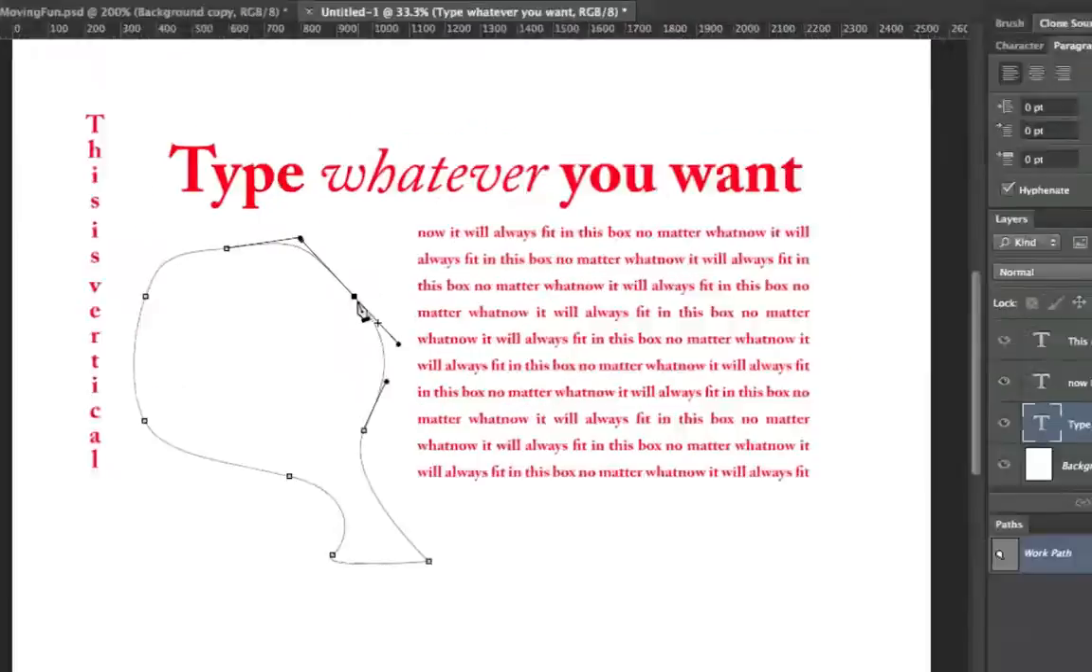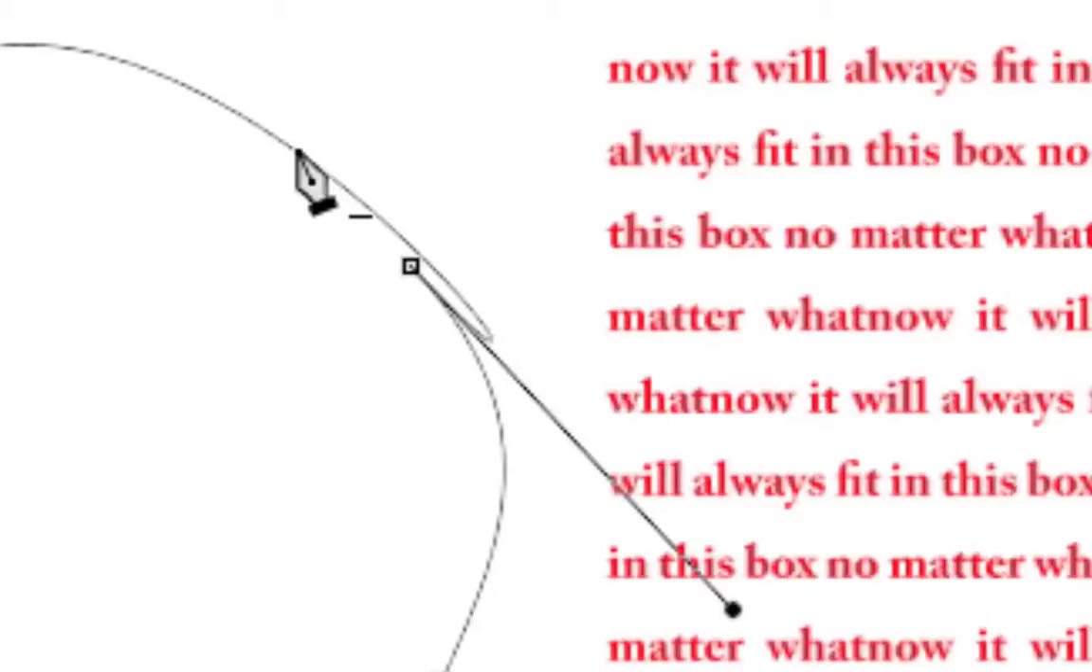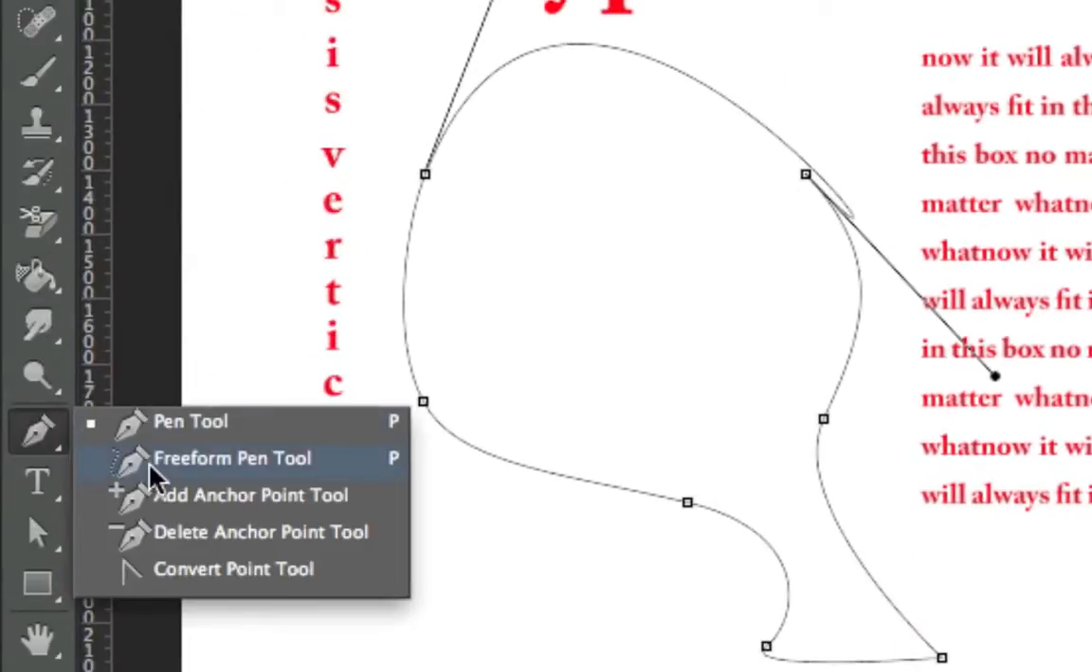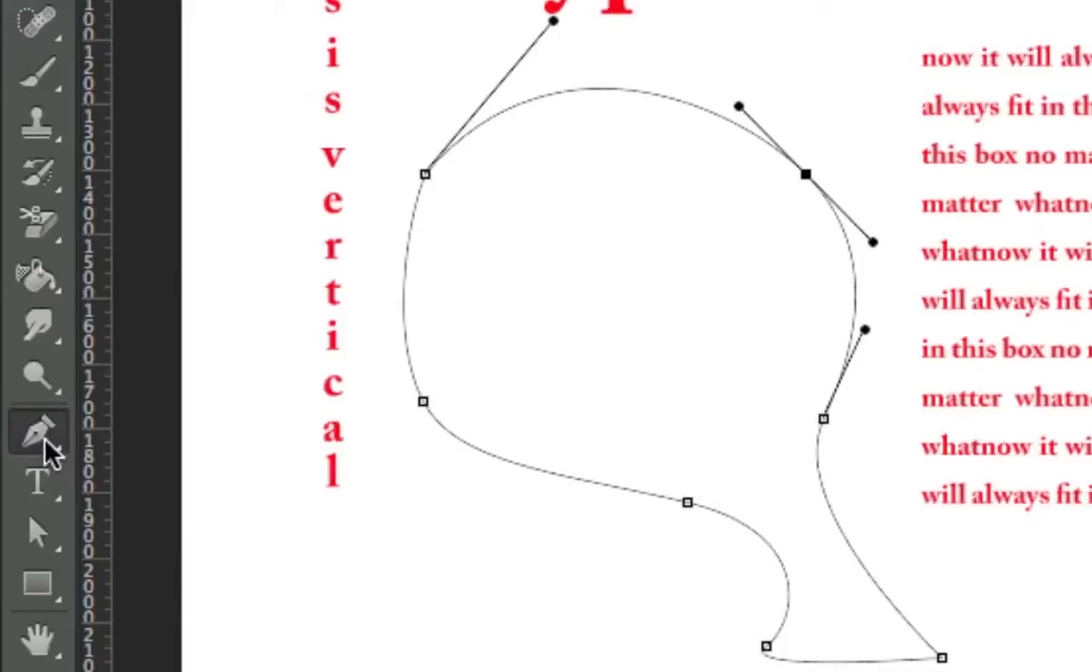If you hover over it, notice the cursor. If you hover over the line, it allows you to add more points, and if you hover over points, it allows you to subtract them. So you'll notice down here there's tools specifically for them. Add anchor point, delete anchor point. You can actually do that all directly within the tool,